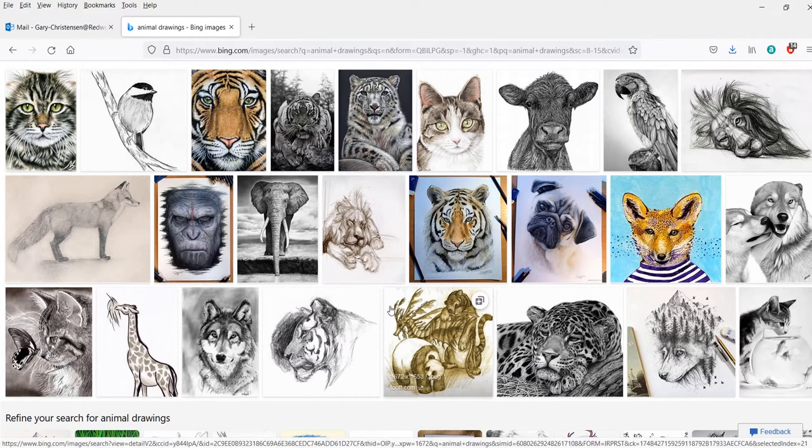Here's some on Bing, drawings of animals. Some of them are colored. But take the lion, for instance. There's a darker version of that sort of orangey tan color here that ends up being sort of a dark brown. And you could use that with orange. Dark brown could represent the shadow side or shadow areas of the tiger. And the kitten here,